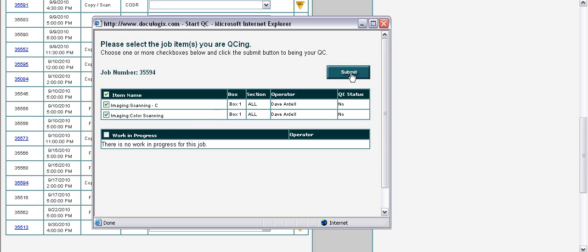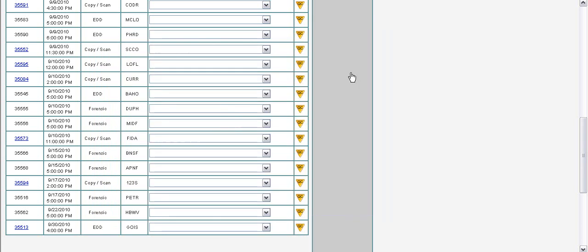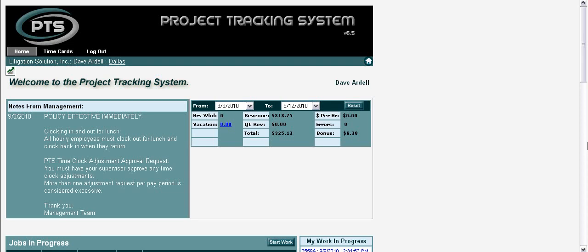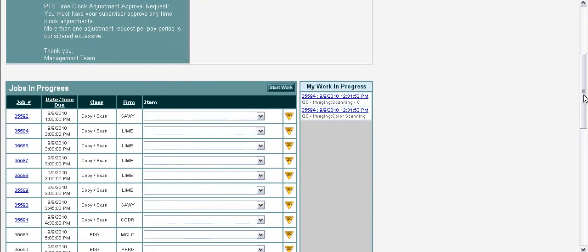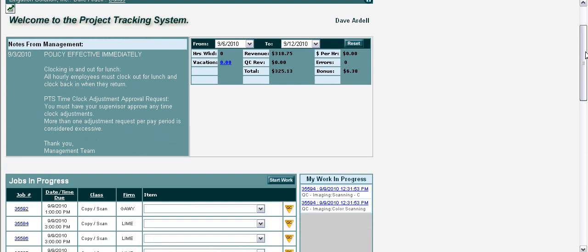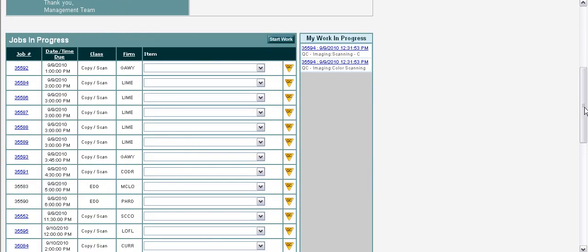So what I'm going to do is, as soon as I've put the checkbox in those boxes, same idea, my queue up here was empty, and now it shows that I have 2 items that I'm working on. It gives the job number, the date I started, the time I started, and the QC. It puts a QC function there, and it shows that I'm QCing the imaging of the scanning work. Okay, you're basically done with the system now, so you'll continue on and perform the QC that you've been asked